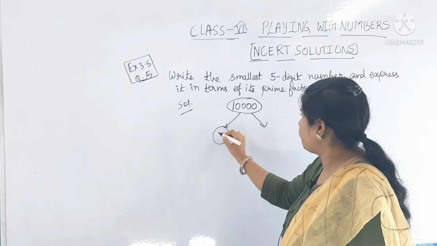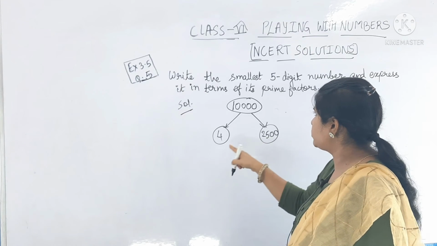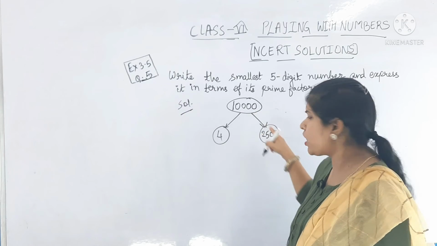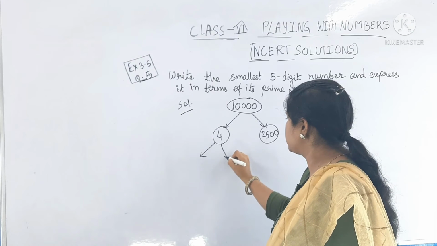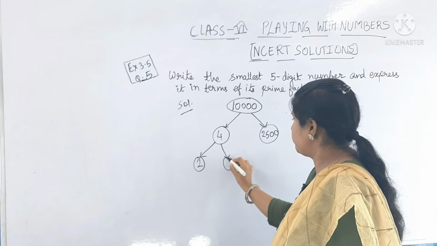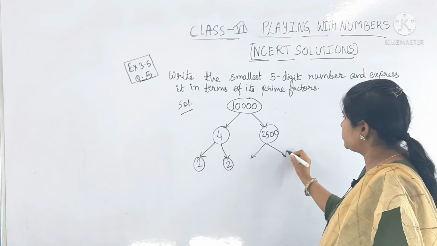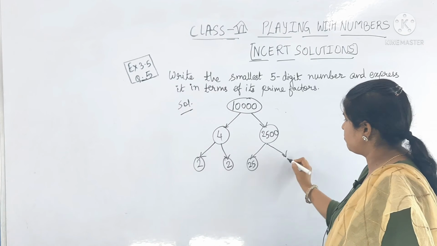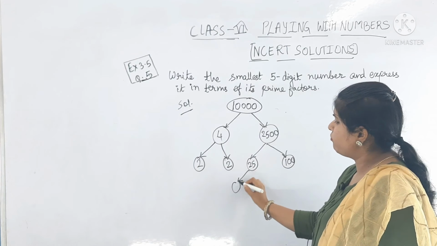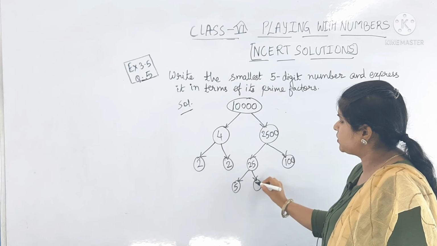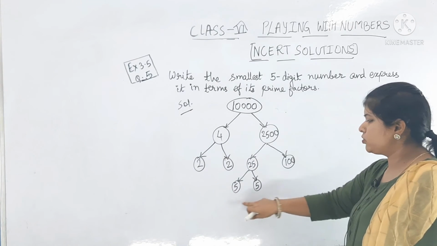This can be 4 into 2500. We know that 25 4s are 100 and 2 zeros extra. So 2 zeros are added, put out here. 4 is the multiple of 2: 2 2s are 4. This is a factor tree. Now I can write 25 into 100 is 2500, right? And 25 is 5 5s are 25. Now I will not extend this because it is a prime number. It is also a prime number.